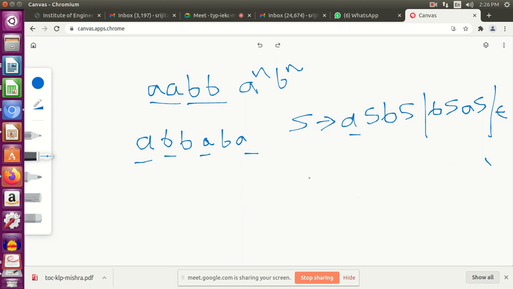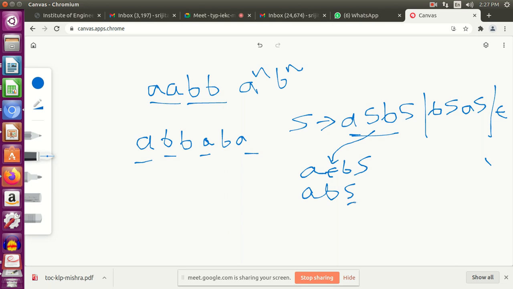Okay, so let's try something different. Let's replace this S with epsilon, and then we will be left with BS, right? So A, B, S.